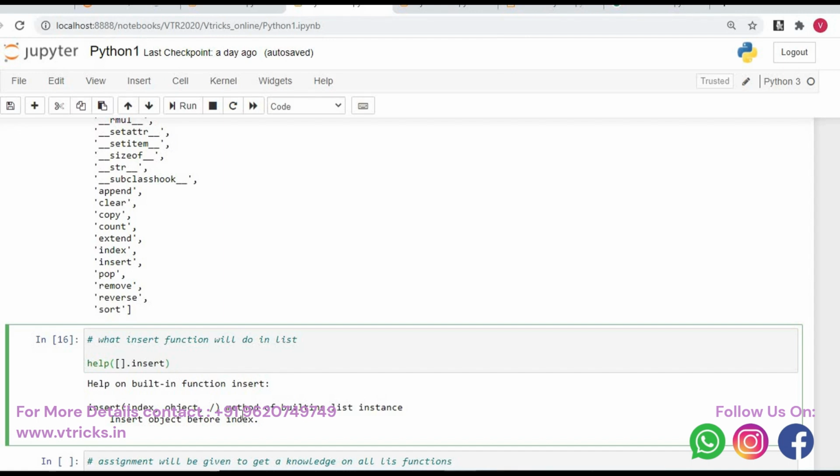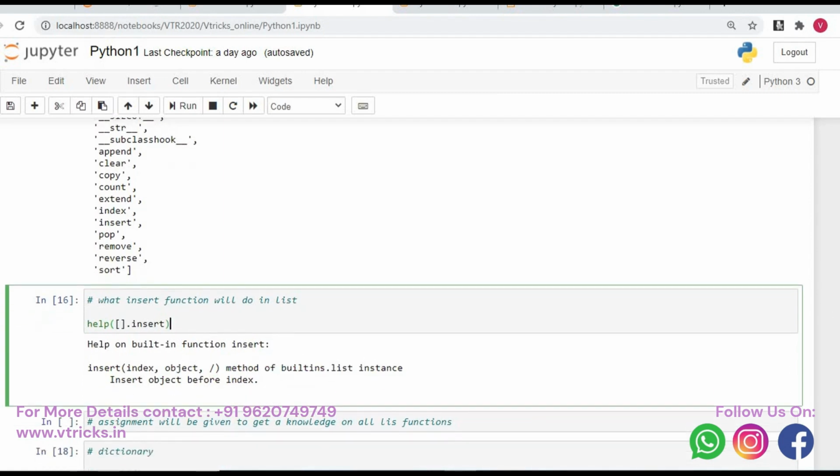Now we understood we have a dir function which will give you the directory listing. We have the help function which will help us to know what that function will do. You don't need to know each and every thing all at once, because we will get the use cases once we start programming and learning it. So don't worry about this.